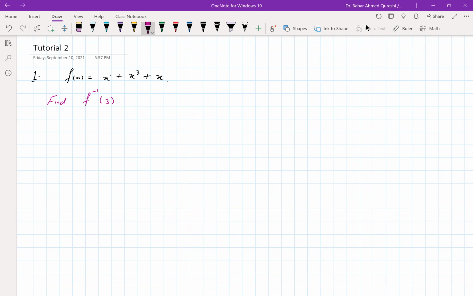So in other words, you have to find, because of this property that f